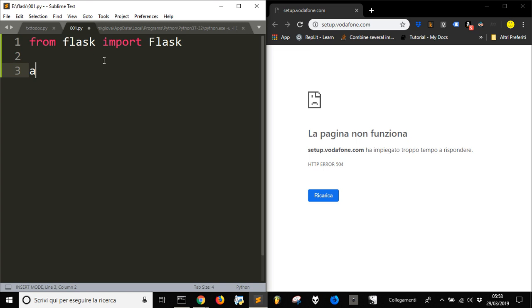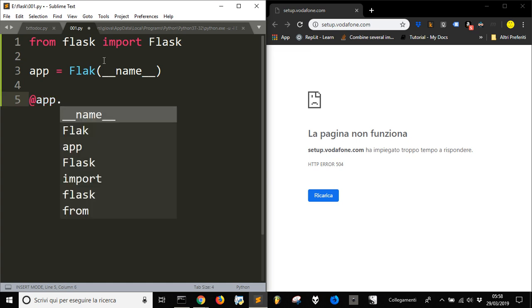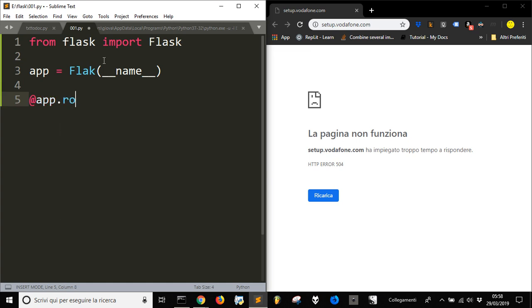Okay, then use this Flask class with name, double underscore here, and then use this decorator app.route and def index,